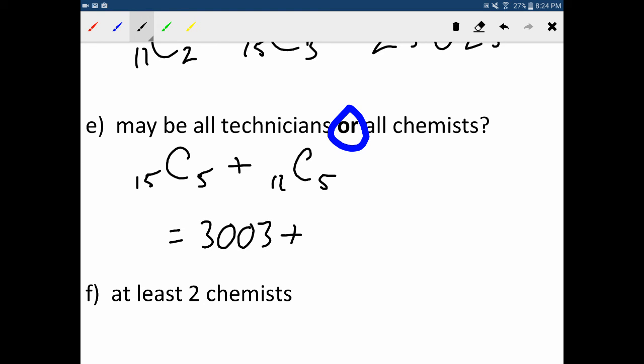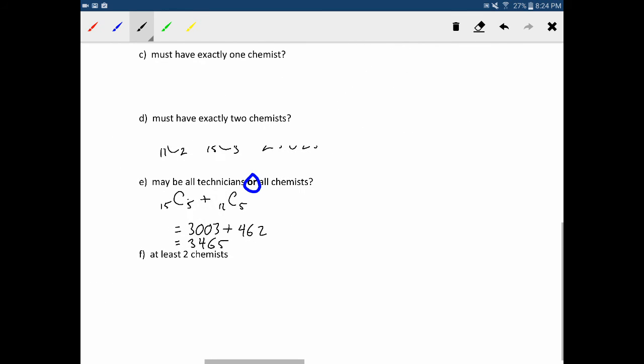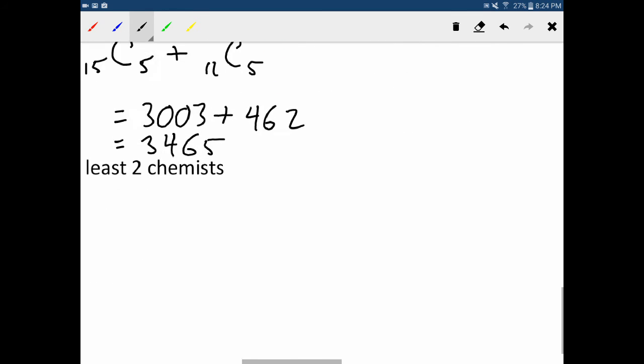And we should get 3,003 plus 462, which equals 3,465. All right, so now where it gets a little bit more tricky, and this is a great question here,